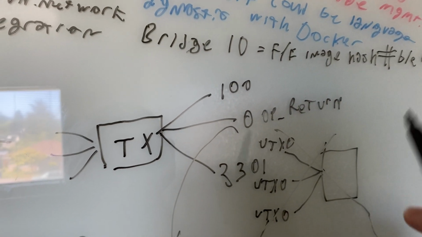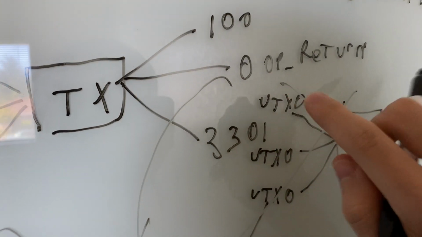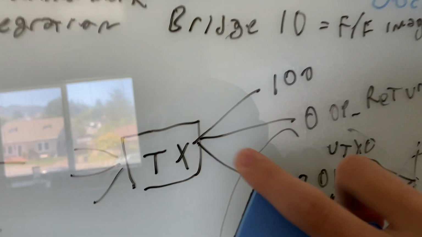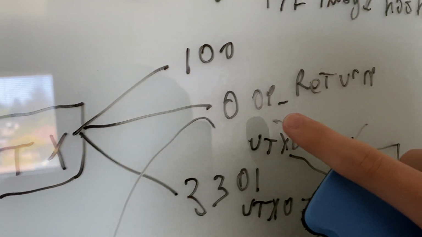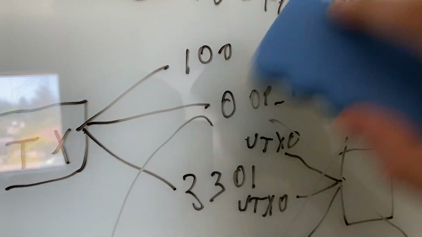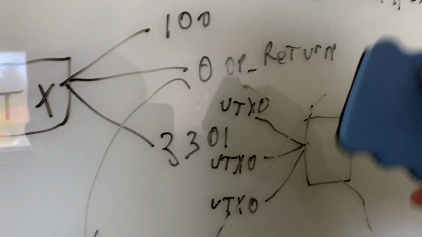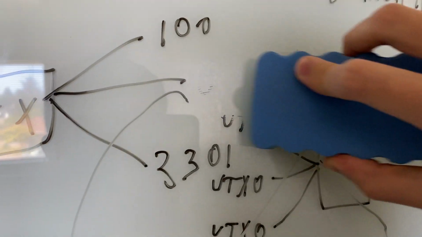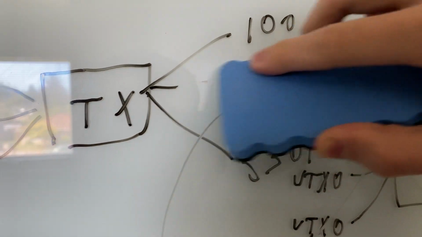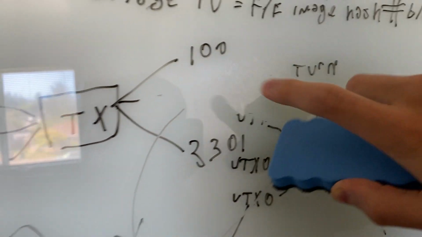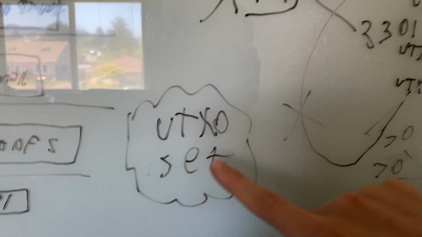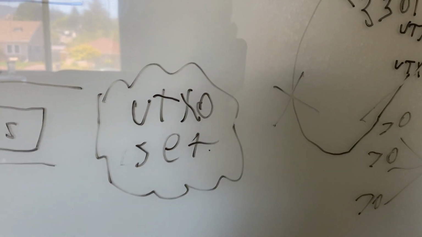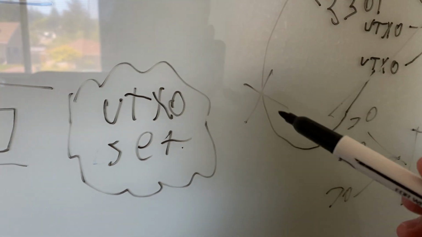So if we're now looking at this specifically in terms of what it does to the UTXO set, we think of this first transaction here. It spends some inputs and then it says creating output 100 Satoshis. That's a valid entry into the UTXO set. But for the second output, there's no entry in the UTXO set that corresponds with it because it's a 0 output. Every entry in the UTXO set needs to have Satoshis attached to it.